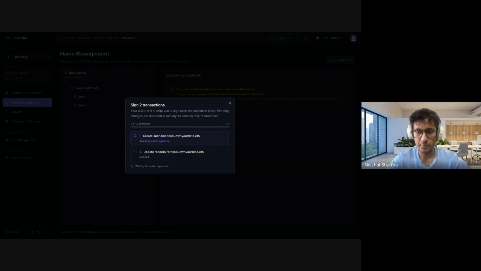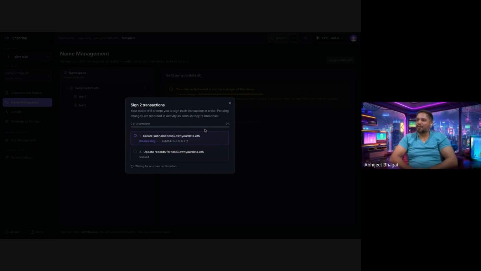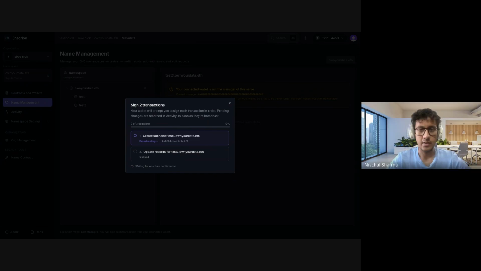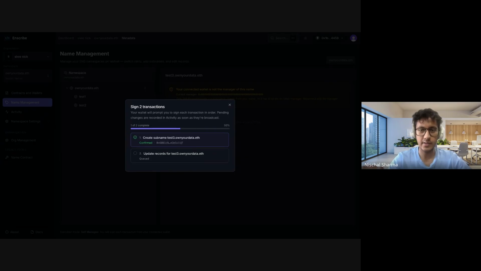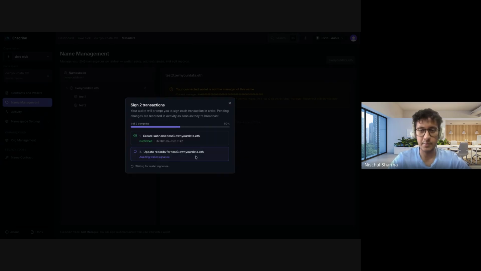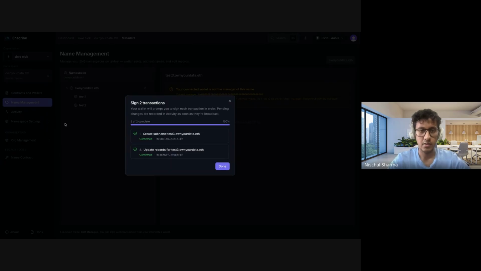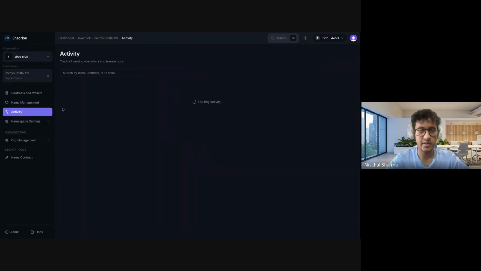So this is the stage where your wallet pops up in order to approve. Okay, so my wallet is popping up. You might not be able to see the wallet transaction, but I am signing it behind the scenes. And if you see, the first transaction is confirmed, and the second is also pending. Both transactions went through, and now it will take me to the